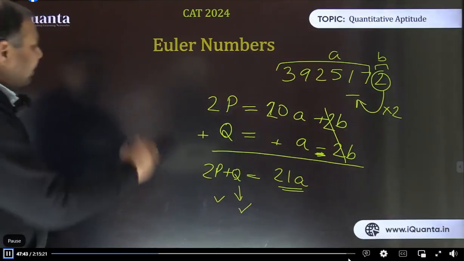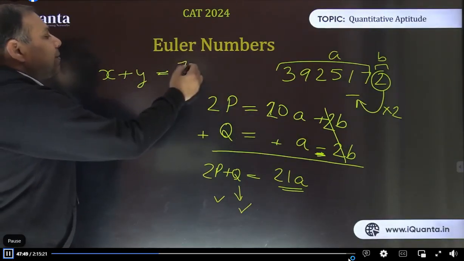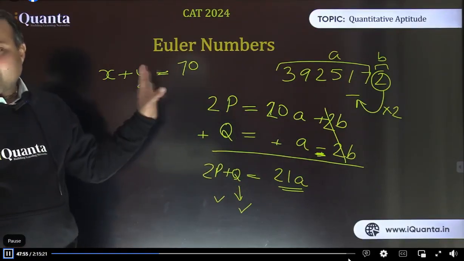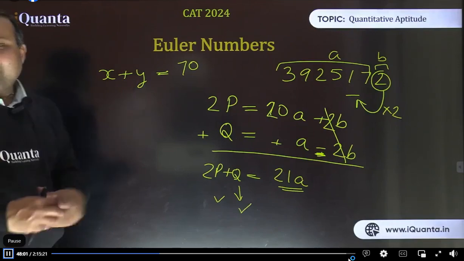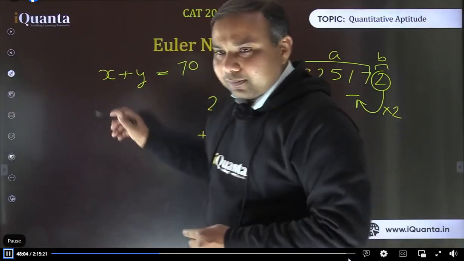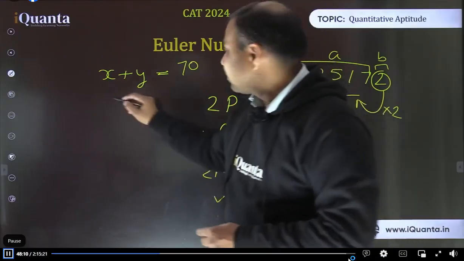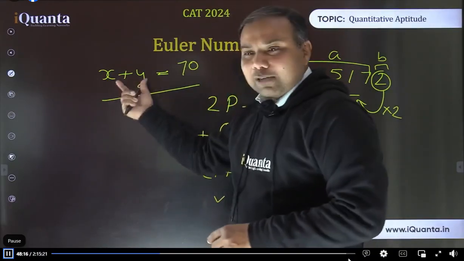Now understand one thing. There are two numbers, x and y, whose sum is a multiple of 7. Let's say 70, मान लेते हैं. All of your answers will come here. We will discuss it later. x plus y is 70. It is a multiple of 7. ठीक है? Now tell me, is it possible that both x and y are divisible by 7? Yes or no? I am discussing the topic only. Don't worry. Is it possible that both x and y are divisible by 7?